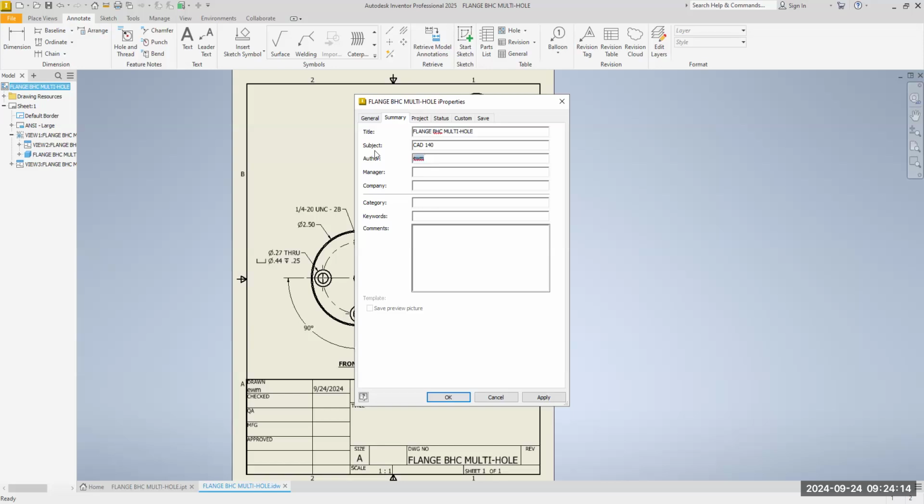Okay. The author is you. Put your last name, all uppercase. The manager would be me in this case. You're not going to make this until I approve it. And then the company, spell it out, Virginia Peninsula Community College. And the line there, anything below that line is just extra notes that you might want to know